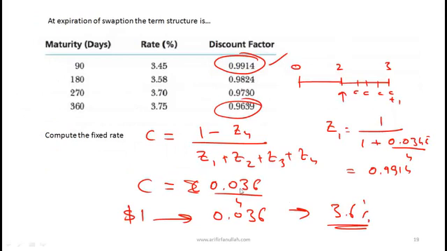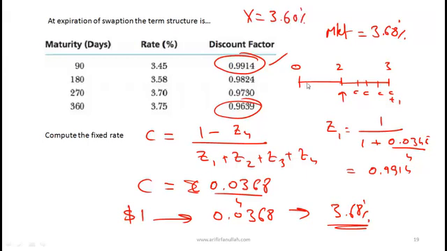Yeah, actually the correct answer is 0.0368 over 4, and when you annualize this, it's 3.68%. So the point is, the market rate for a 1-year swap at this stage, the market rate is what? 3.68%. If you had gotten into the swaption that we just talked about, where the exercise price is 3.60%, then